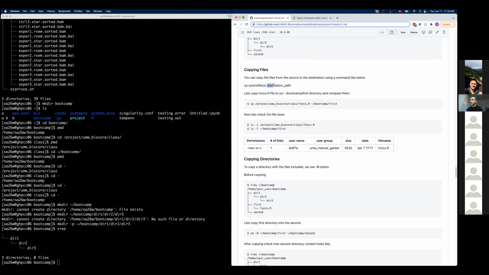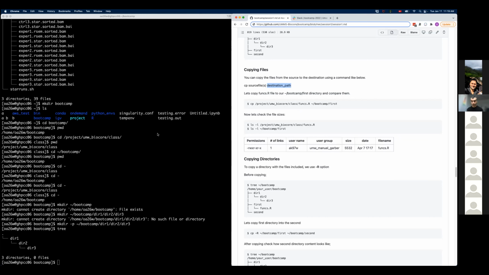If this is not an existing path, it's just going to copy this file, and the new name or new path for that file is going to be exactly this. And if the last argument to cp is an existing directory, you can have multiple files before it. So you can have cp, file 1, file 2, file 3, and then finally an existing directory. All those files are going to be copied to that directory.